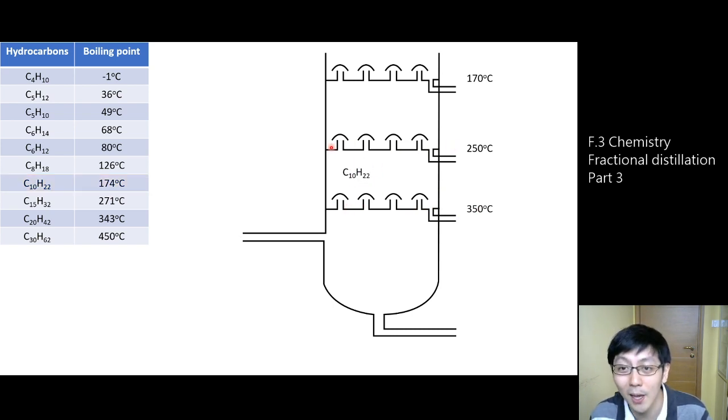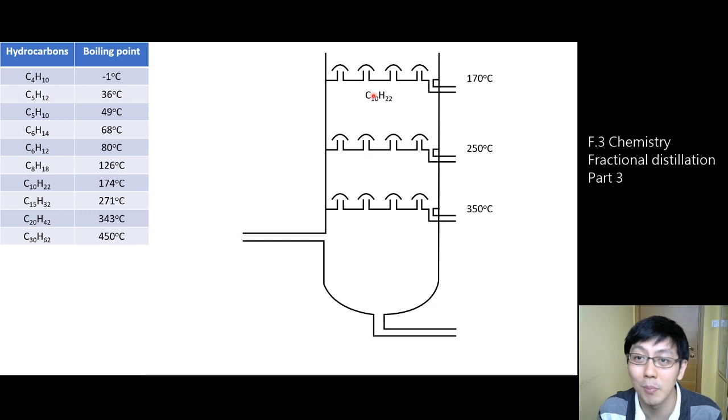This time it can pass through the next layer. Why? This layer is 250 degrees Celsius. 佢 condense 未啊？未到 boiling point. It still exists as a gas. 佢仍可以用 gas 嘅姿態穿過呢一層向上添。